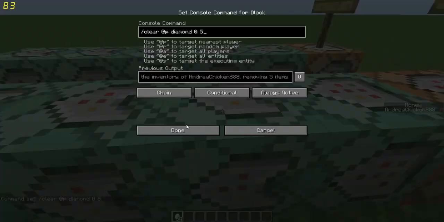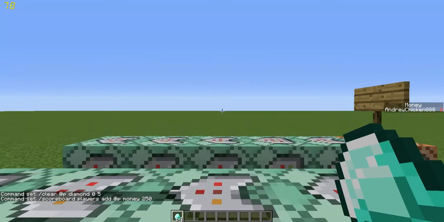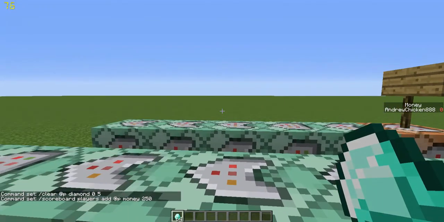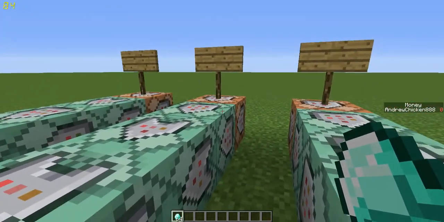So it has to clear the 5 diamonds. Then in here, it adds however much money you want to sell your diamonds for. So for this one, I have $50 per diamond, so a total of $250. It adds that much to your money score. So when I click this button, it'll take 5 diamonds from my inventory and set my score on the sidebar right here to 250. And it'll add 250 for every time I click this button and have 5 diamonds in